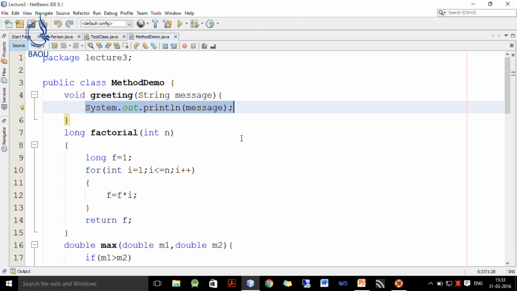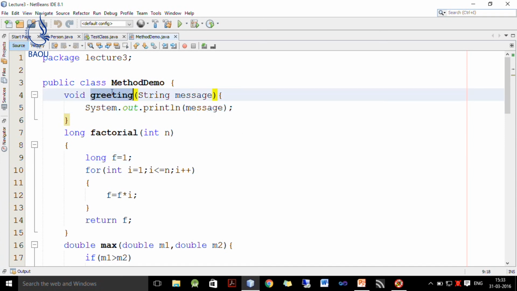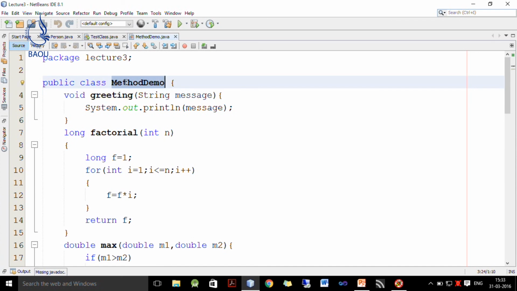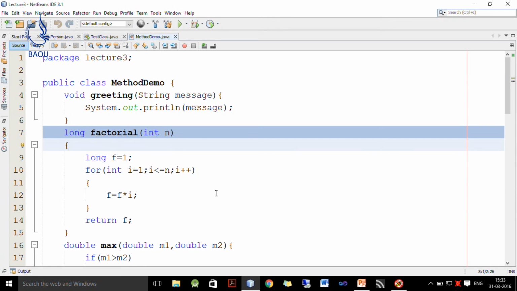I simply write System.out.println and whatever message we want to display. Whenever I call this greeting method using the MethodDemo object, I need to pass one string argument and it displays that message only.